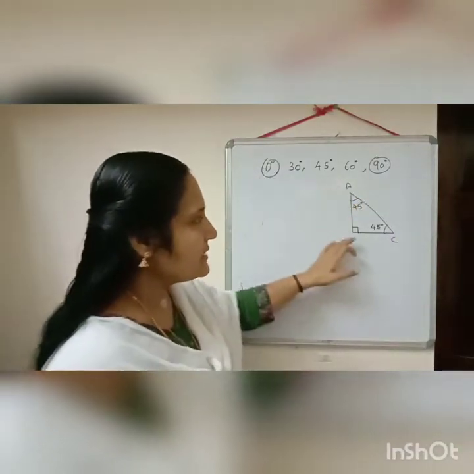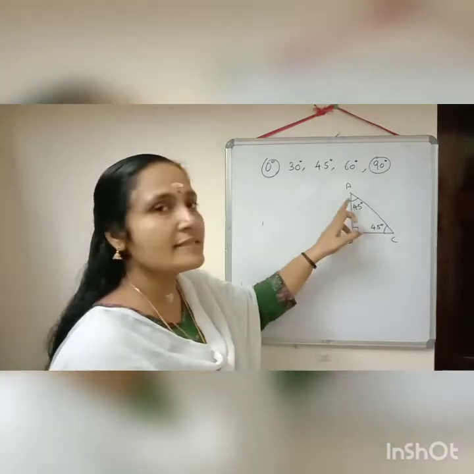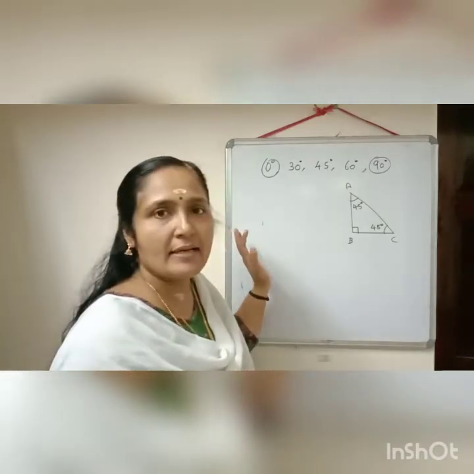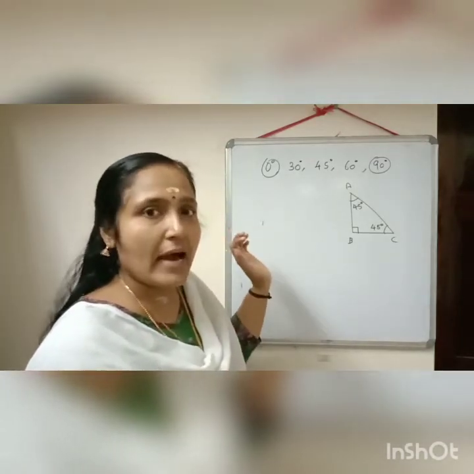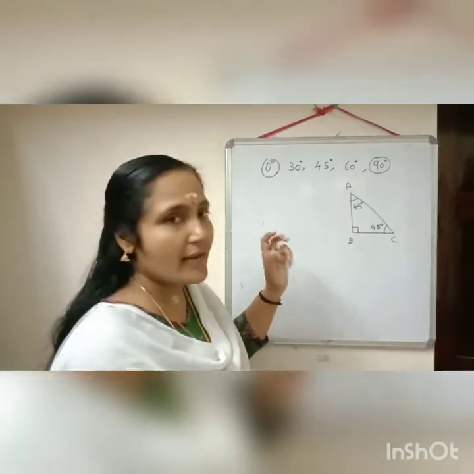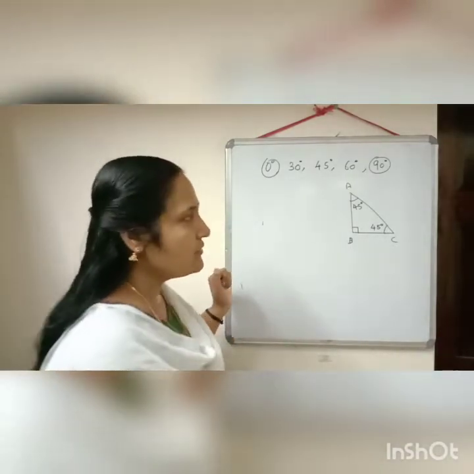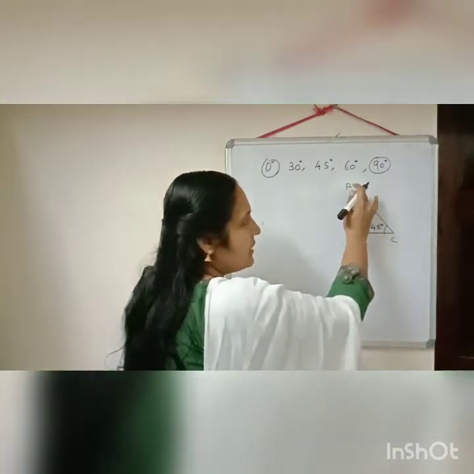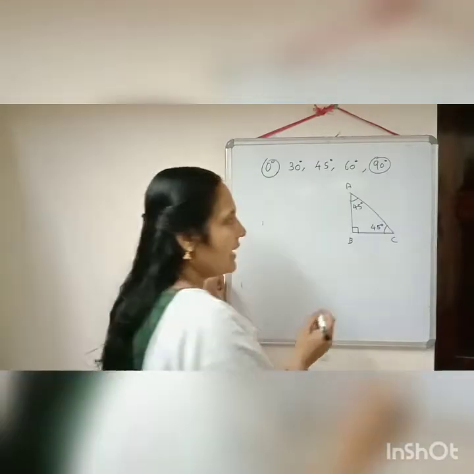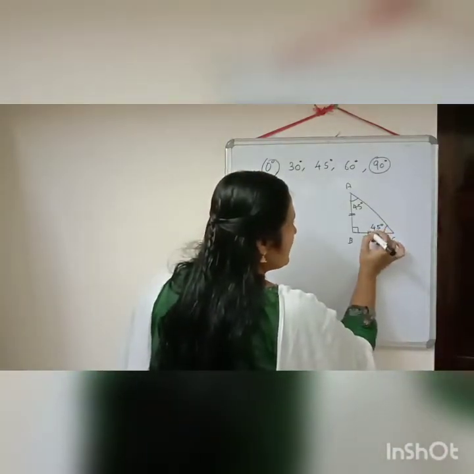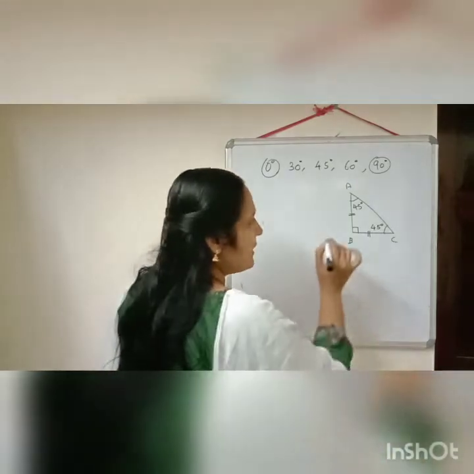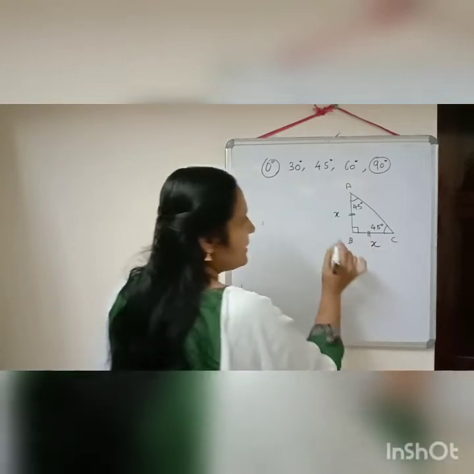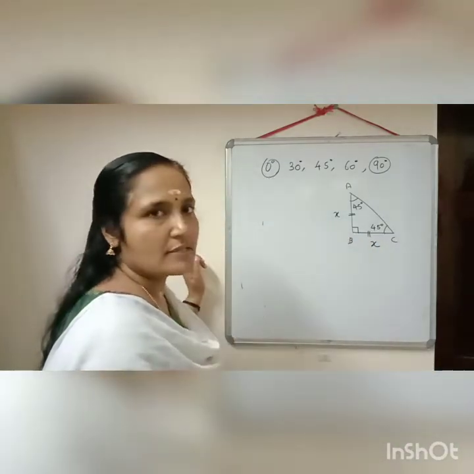Here you can check in the triangle ABC, two angles are equal. Angle A and angle C are equal. Then which type of triangle is it? Yes, it is an isosceles triangle. In an isosceles triangle, two sides should be equal. Which sides should be equal? The side opposite to angle C will be equal to the side opposite to angle A. So we will have AB equal to BC. Suppose AB and BC are equal, so I am taking both equal to X. AB is equal to X and BC also is equal to X.